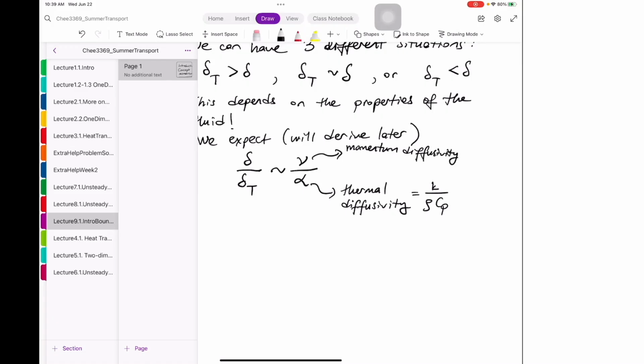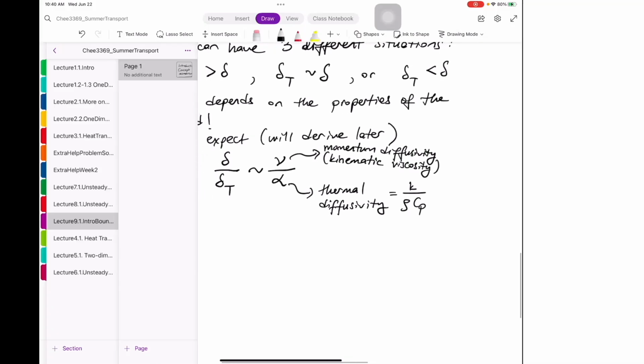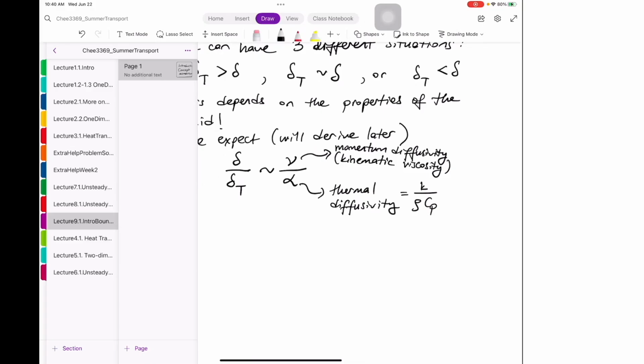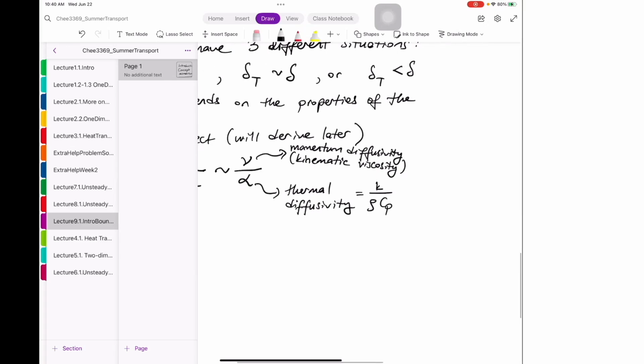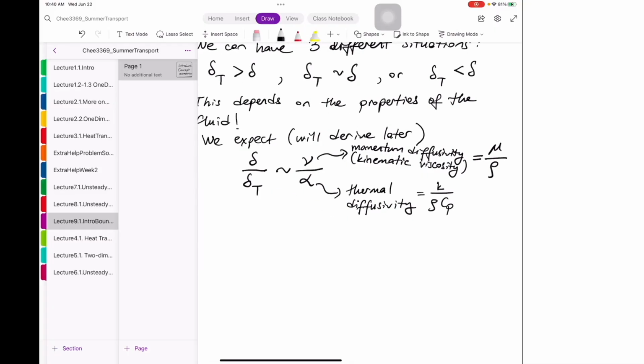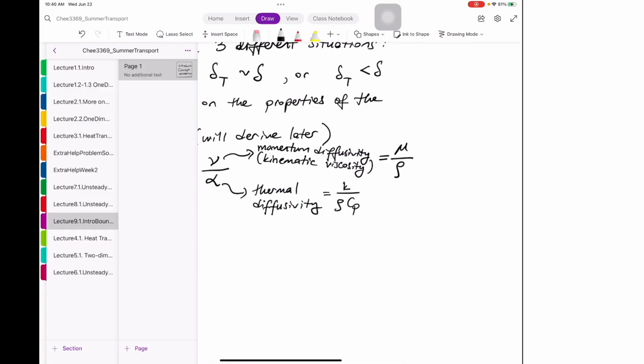also known as kinematic viscosity. How fast the momentum is going to diffuse just depends on the kinematic viscosity of the material. And the kinematic viscosity, as you know, is the viscosity divided by the density. So you basically compare these two quantities, and